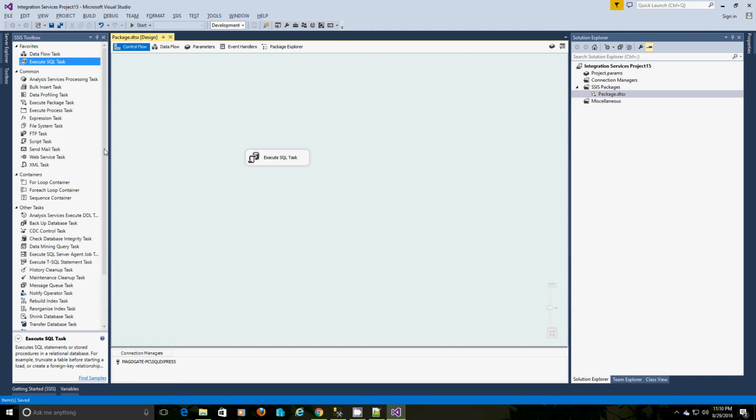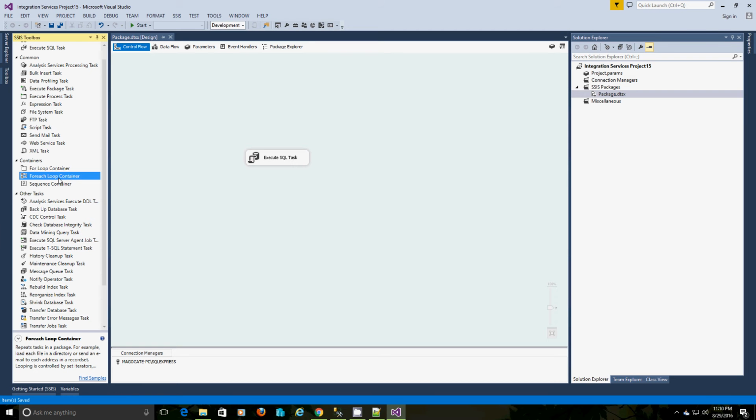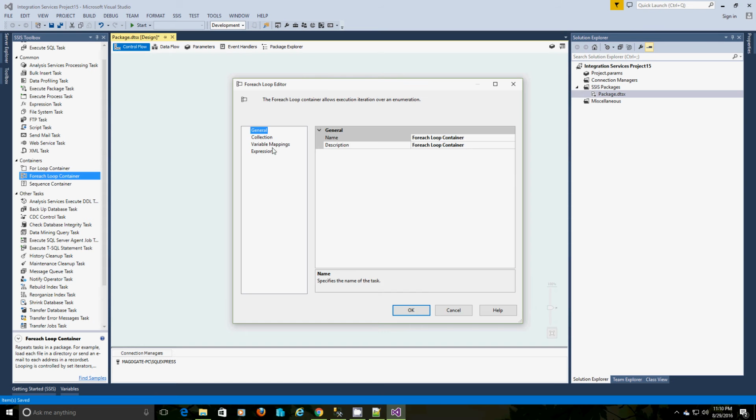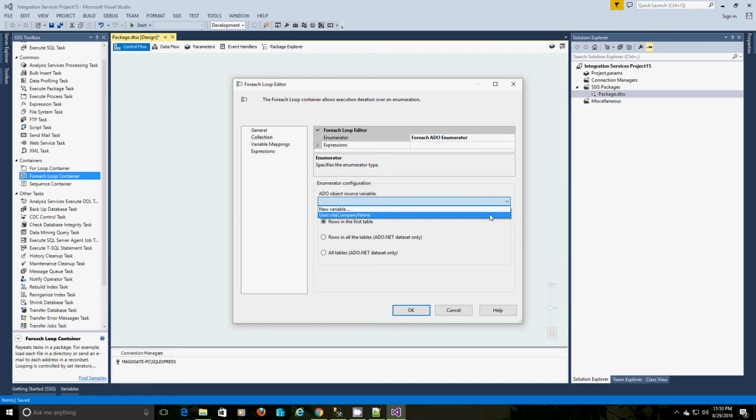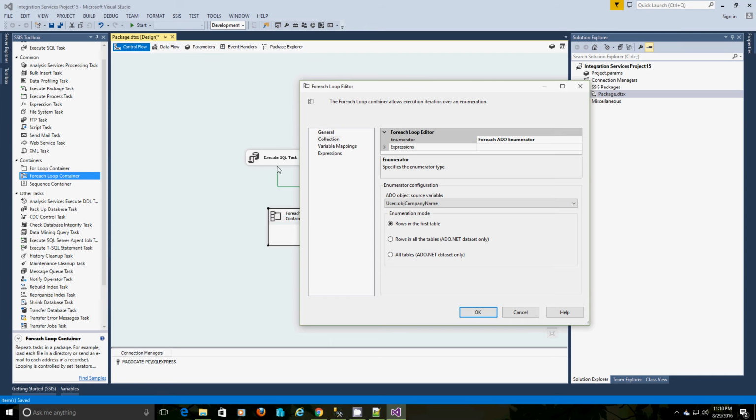To do that, we have to add a For Each Loop container. Just pass this object value to the For Each Loop container. Define the collection type as Foreach ADO Enumerator, and define the variable which you got from the earlier task.